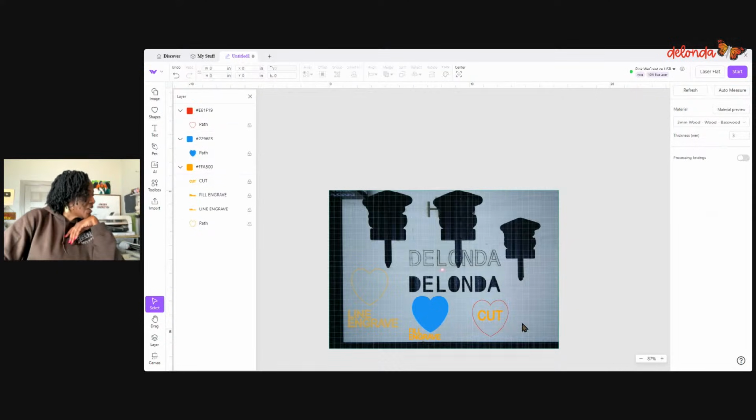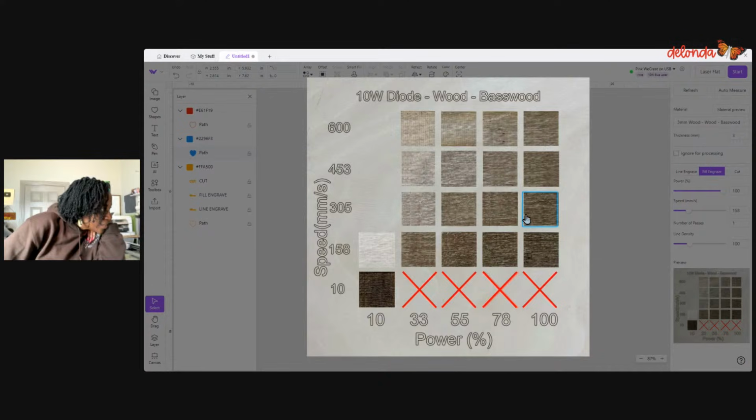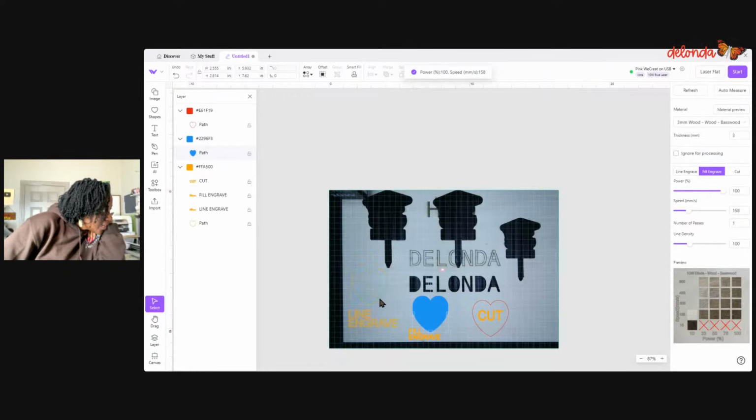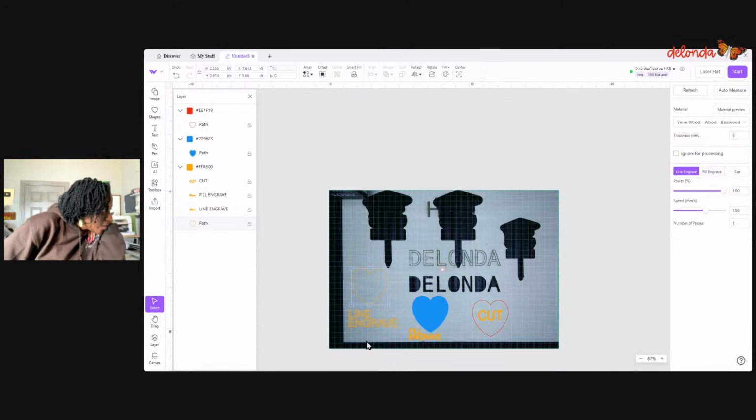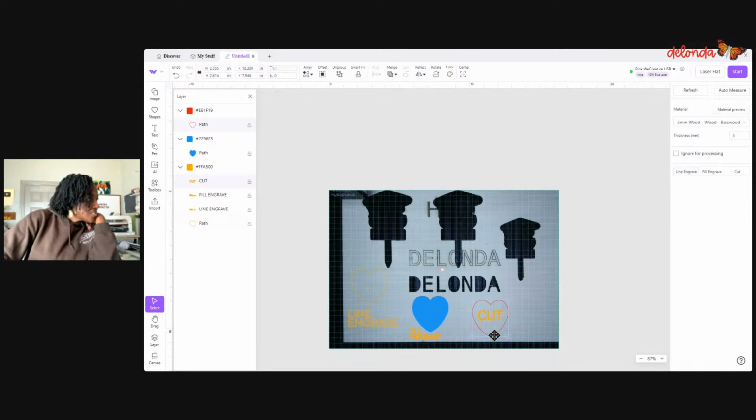I'll group that together. All right, so I think we are good. All right, so let's see. I'm using my 3mm basswood. I want this to be like that. And line engrave, I also want all of this to be really dark. 100. Let's do 175. And then this for my cut, I think it's